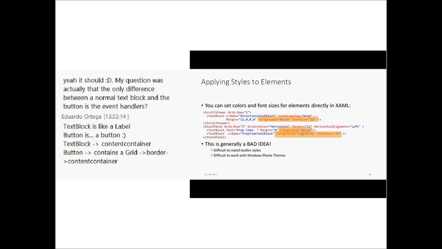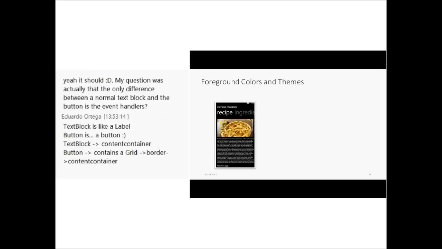Applying the styles: we didn't show you the difference between the XAML file and the style file, which I'm going to show you soon enough. You can define, for example, that the foreground color of the text block is white and the font size is 12. And for another text block, you can say make the foreground color light gray. The problem with this would be this problem. This is how your design looks at the beginning, and it really looks cool. But if I